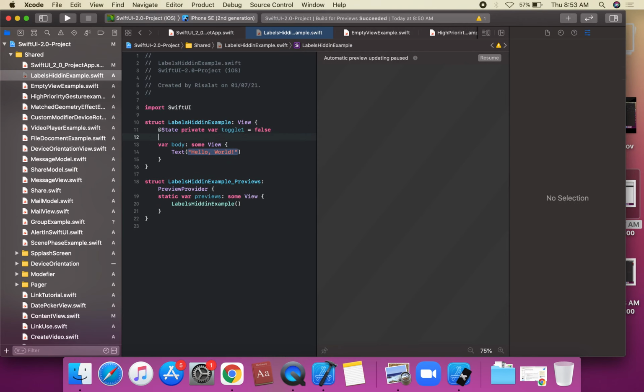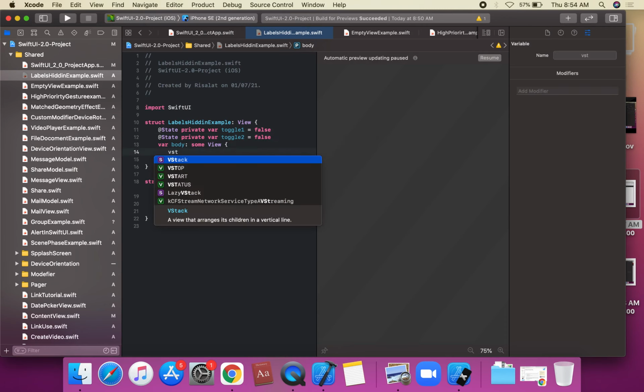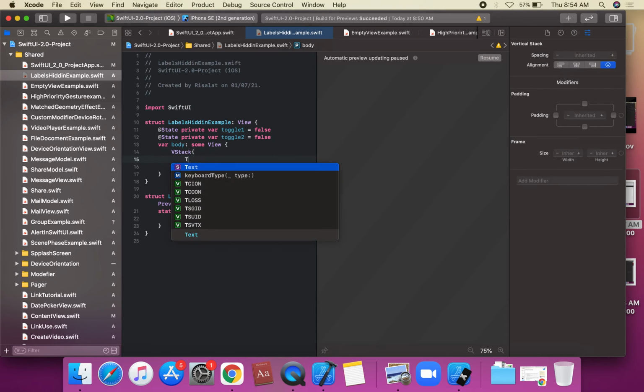And we're going to set another state: private var toggle2 is equal to false. Then we're going to create a VStack, and here we call a Toggle.